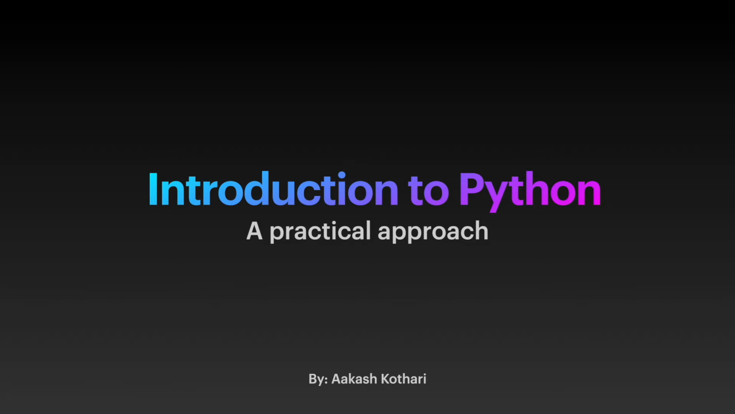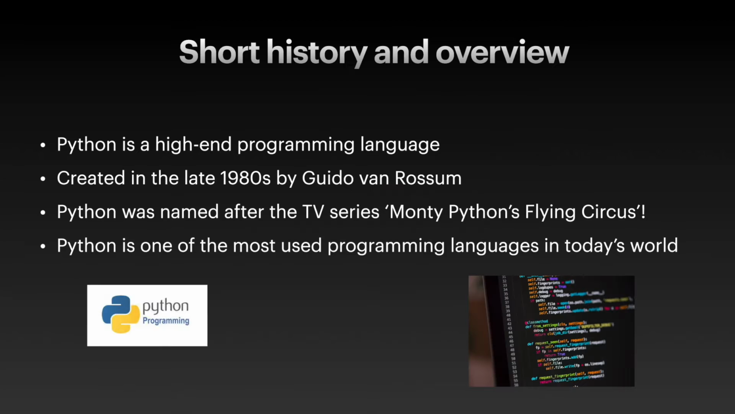In this video, I've chosen Introduction to Python as my topic, and I will be giving a practical approach to explaining Python. So, I will give you a short history and overview along with some uses before we go into the code. And so, Python, as you all know, is a high-level programming language, and it was created by Guido van Rossum in the late 1980s, named after Monty Python's Flying Circus, which was a TV series he was watching